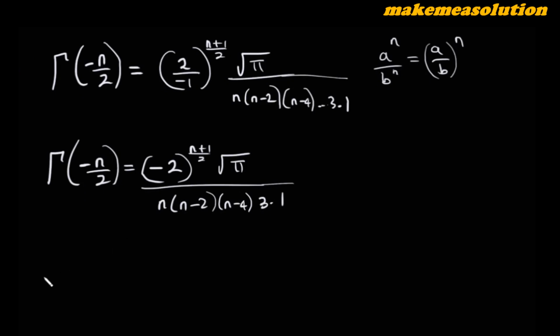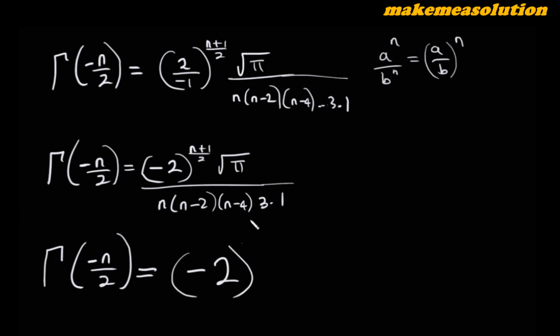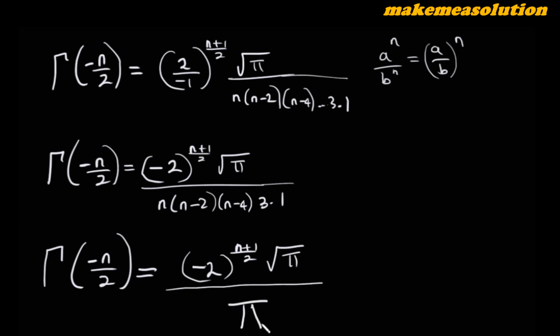And if we remember the general representation of odd numbers, you can still classify these as negative 2 raised to the power of, sorry, this one is too big, minus 2 raised to the power of n plus 1 over 2. Then I have my root pi, then divided by pi of, I have I equal to 0, then down to,